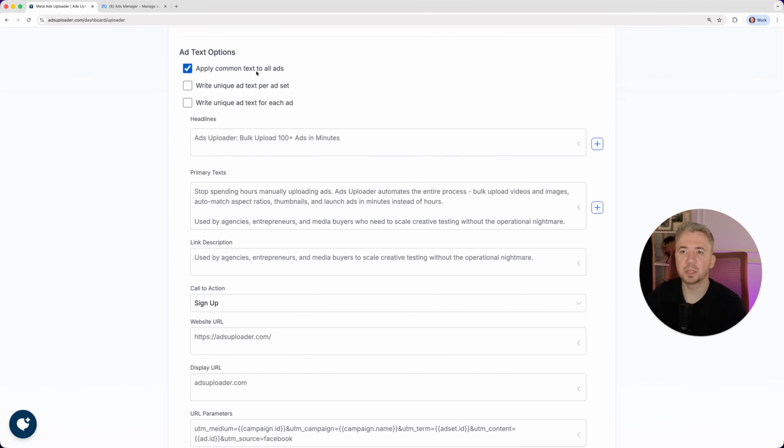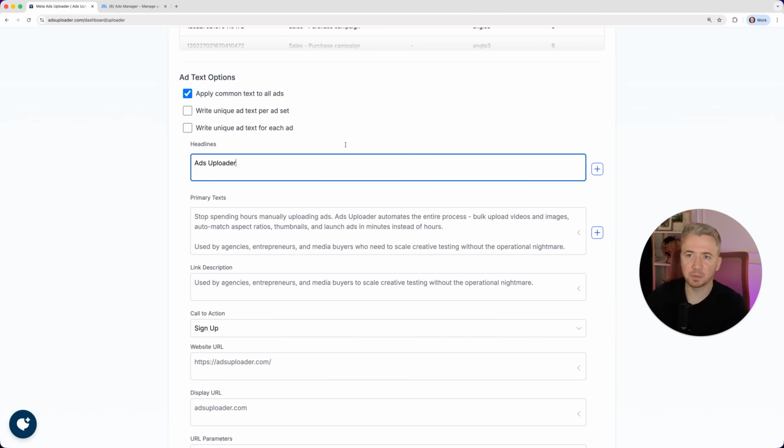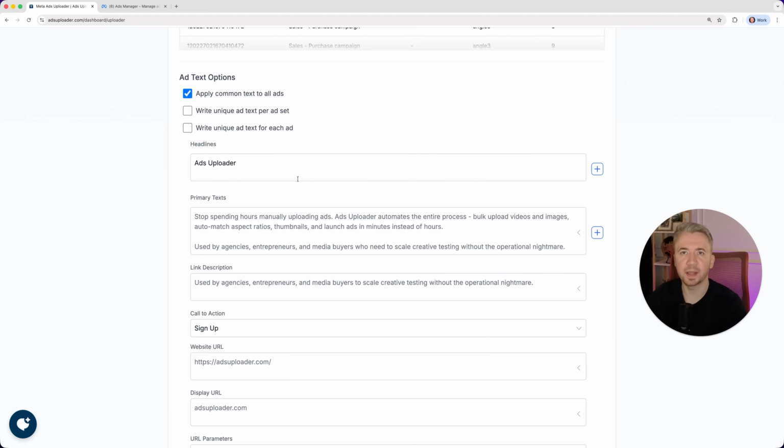Going back to here, I'm actually going to use the apply common text to all ads option, and you'll see that the headlines, primary text, link descriptions, everything is actually populated based on that initial configured ad that I'd selected. But you don't have to use that. You can override this. So I'm just going to write ads upload in here, and that's actually overridden that original